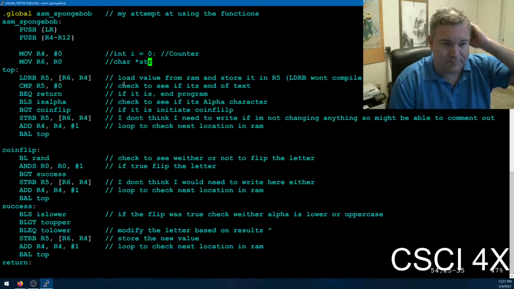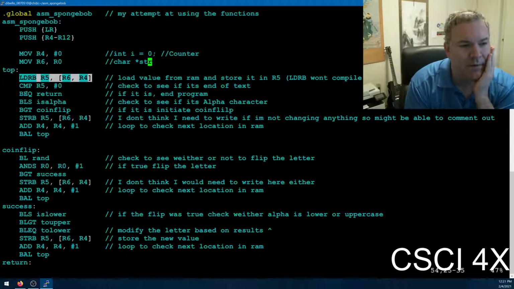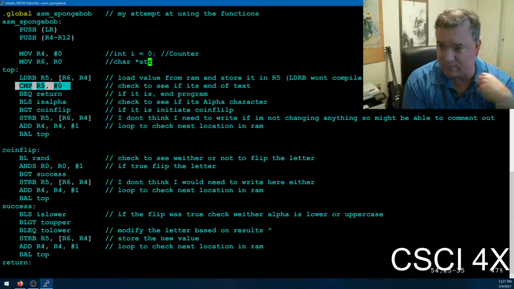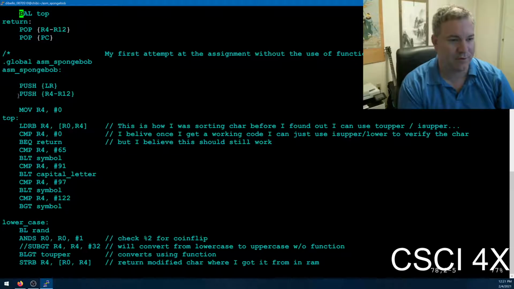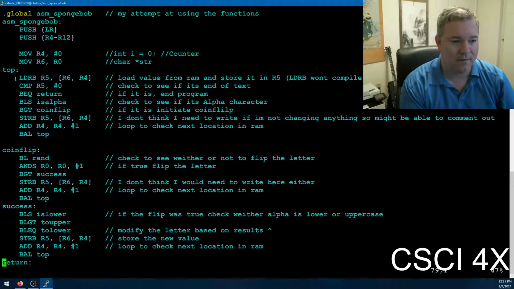So, yeah. So then this load byte will work properly. This is going to load the first byte from the string. It's comparing to see if that byte that was loaded is 0. If it's a 0, because it's a null terminated string, right? And so if it is 0, then it jumps down to return, and return just quits, and that's good. And then branch link is set to is alpha. I don't know if set works with branch and link, but